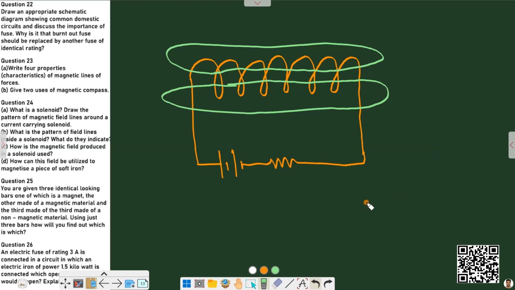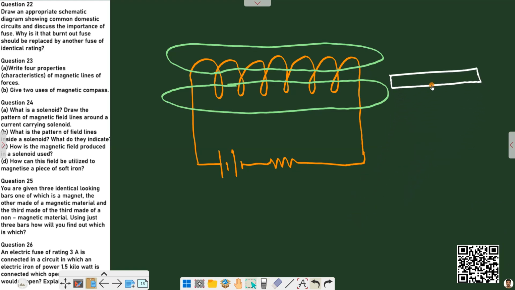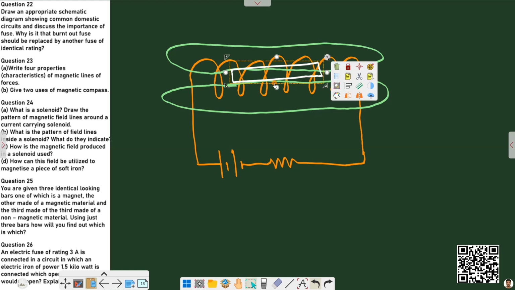Now suppose we have a soft iron piece, this, and we want to make it a permanent magnet. What we will do is place it inside the solenoid,